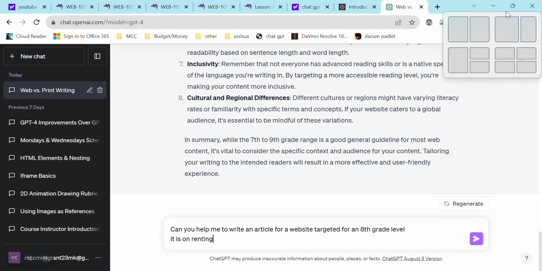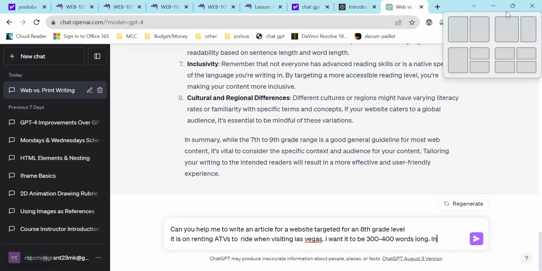So I'm going to do on renting ATVs to ride when visiting Las Vegas. I want it to be 300 to 400 words long.